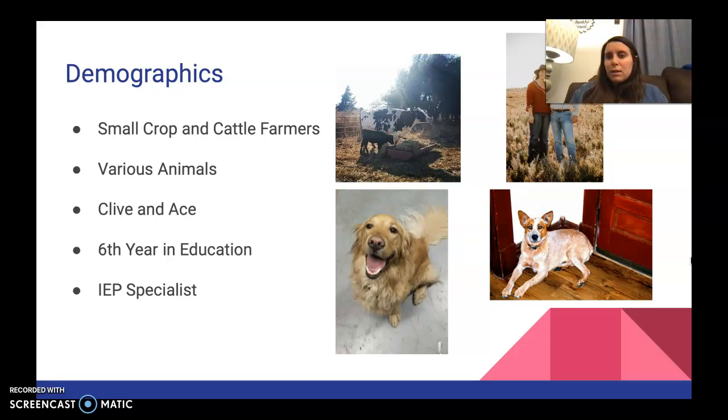This is my 6th year in education. I have a bachelor's in secondary English education from KU, and then I have a master's in high incidence special education from Fort Hays State University. During my 6 years, I've been a high school English education teacher. I've been a 4th through 8th grade special education teacher, a 9th through 12th grade special education teacher, and then